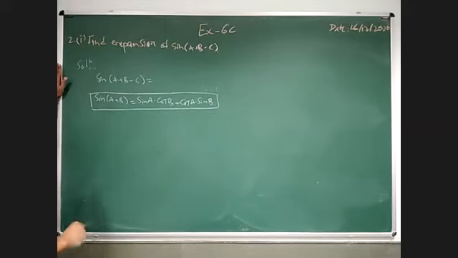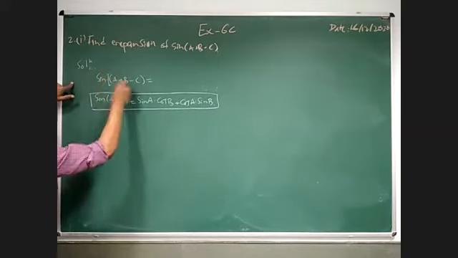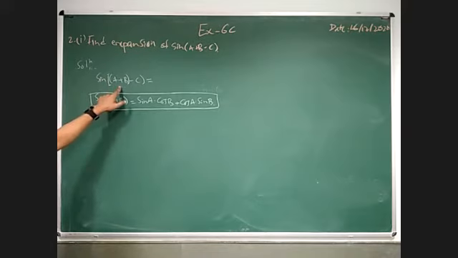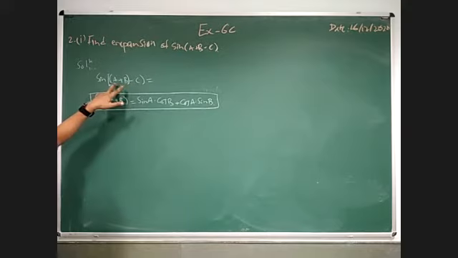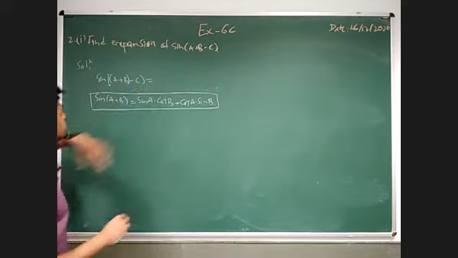But how? See, take a plus b as a single angle theta, and c is another angle. So here just consider a plus b is one angle and c is one angle. After having two angles you are able to use the formula for sine of a plus b. So here I am going to use it.